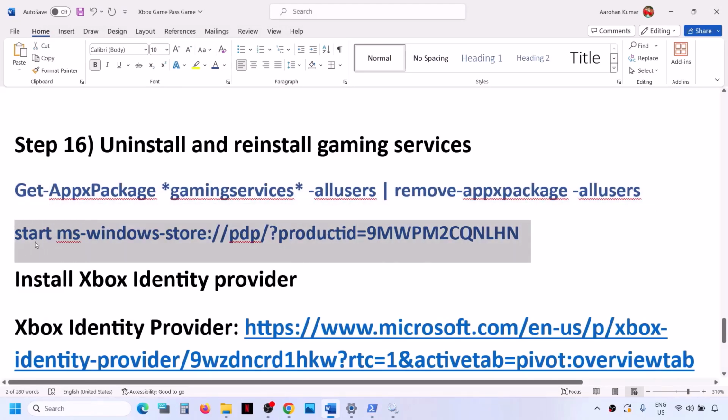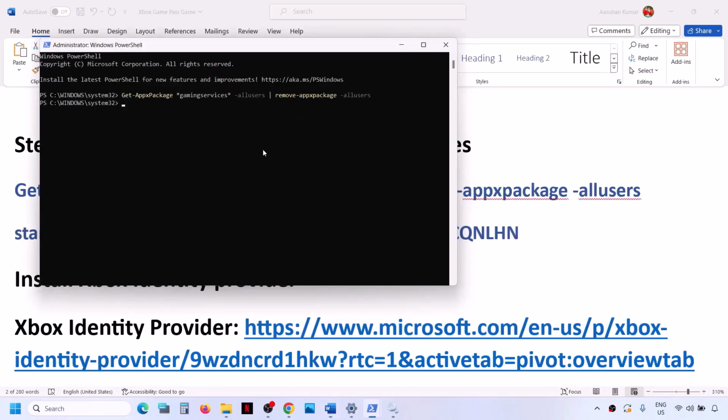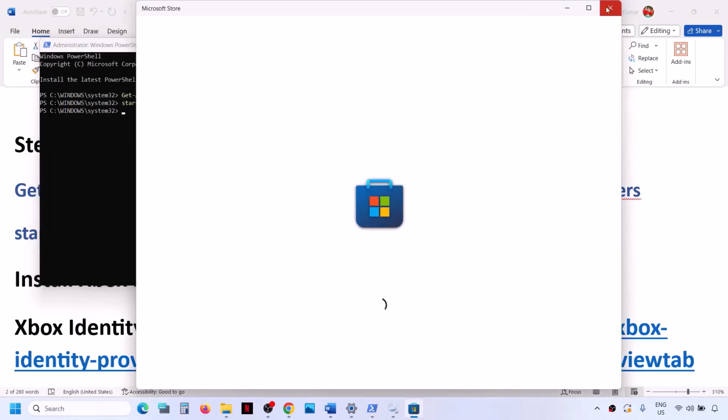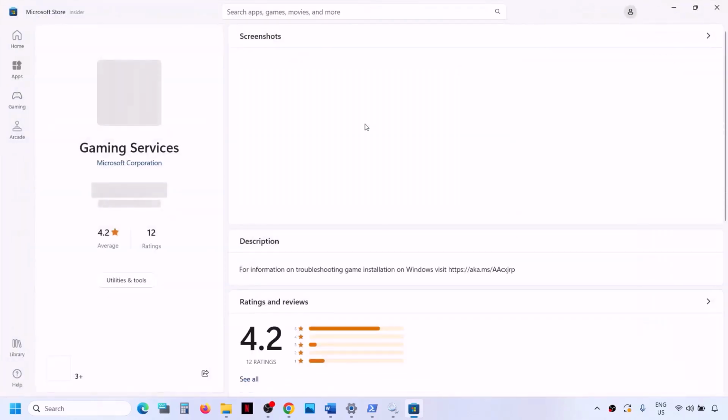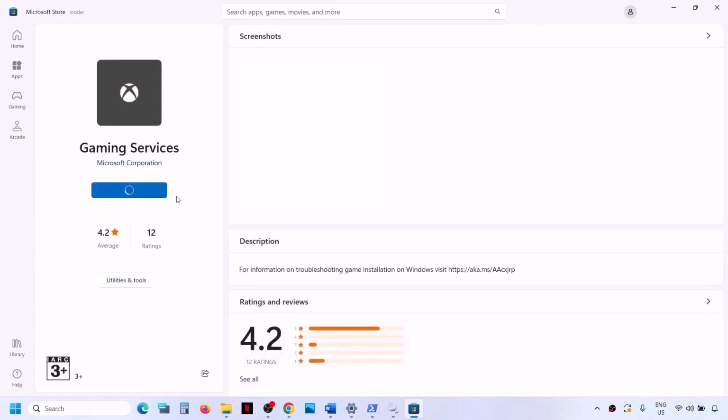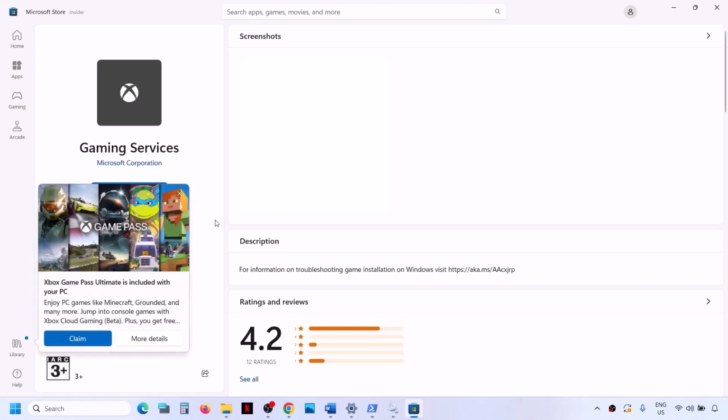This command is also provided in the video description. Paste the second command on the same window, hit the enter key. This will open Microsoft Store on your computer and you will see install option to install gaming services. Click on get, or you might see get or install. So install it. Now once the gaming services is installed, you can launch the game